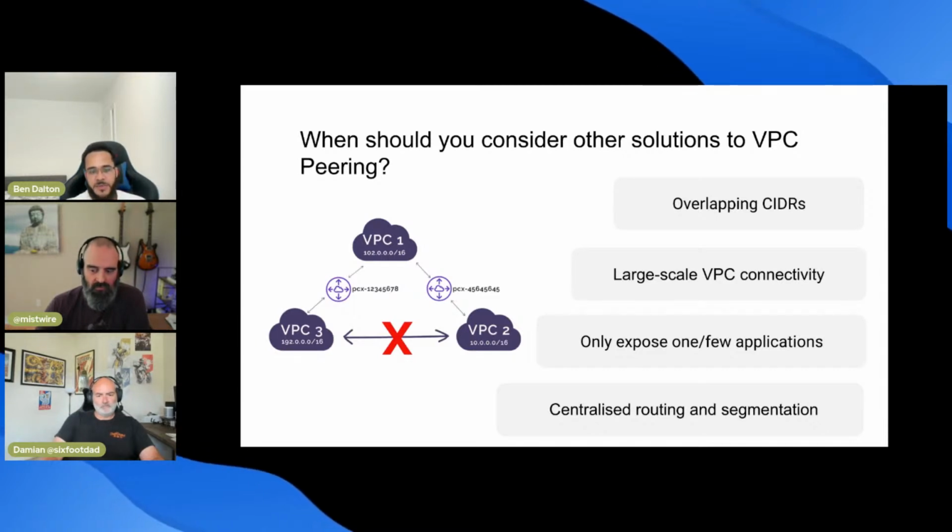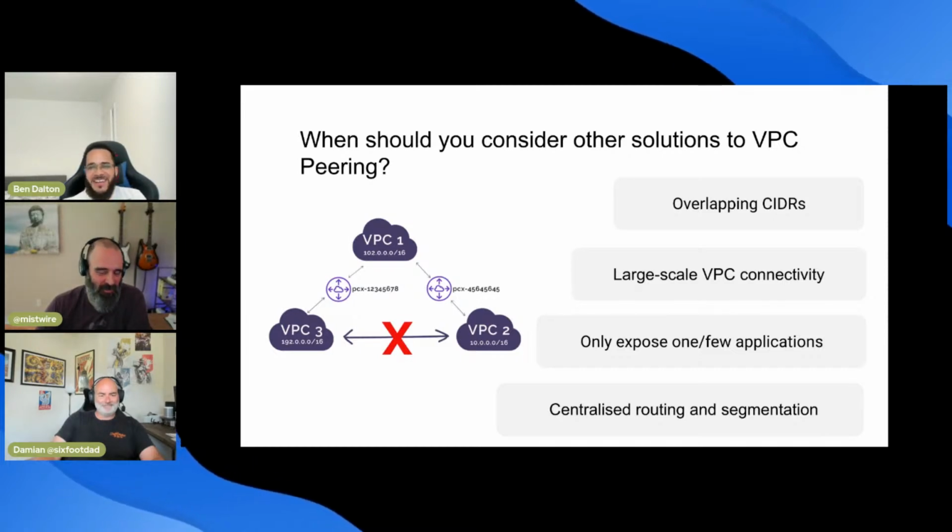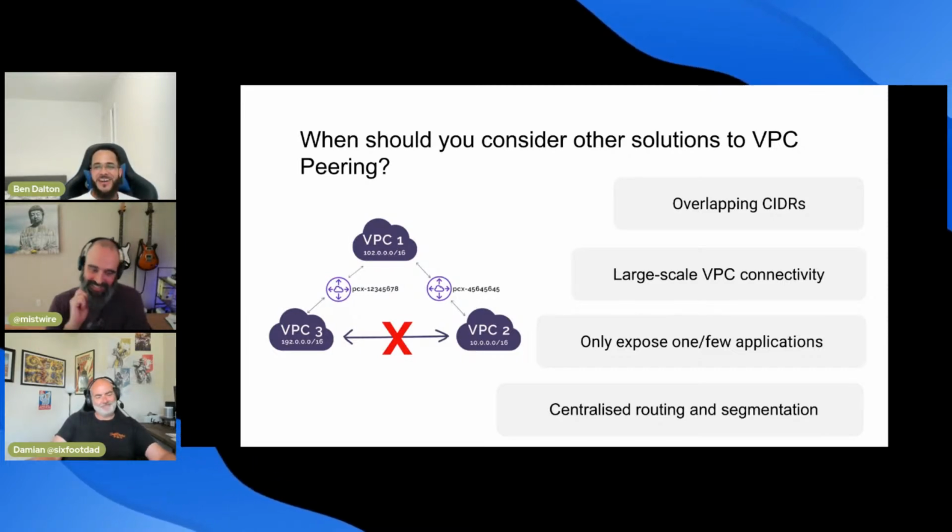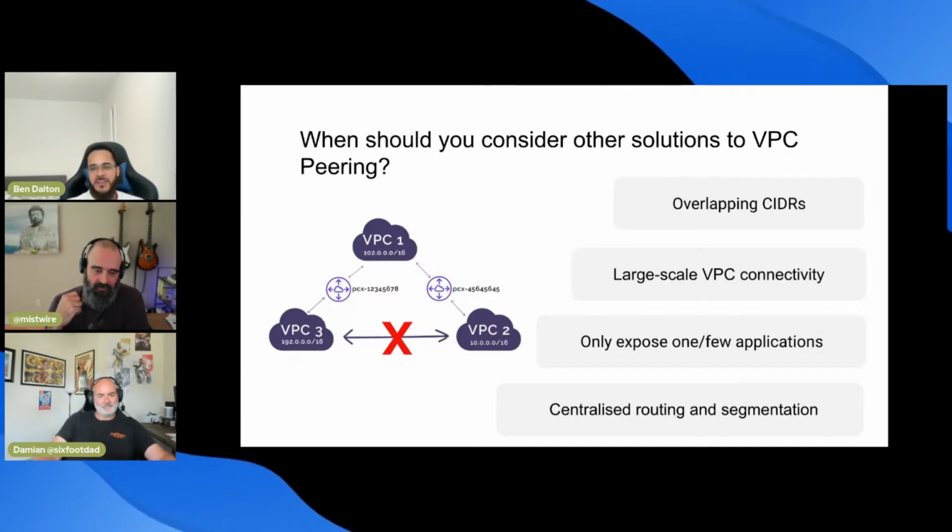The surprising thing, though, is that you can have up to 50 active VPC peering connections, according to AWS's quota. So whilst it's possible, I don't think it's recommended. You could, but you don't want to. So I would only advise it for a few accounts, maybe if you just want to access a couple of applications or resources in another VPC, or you have other teams that you work with closely.